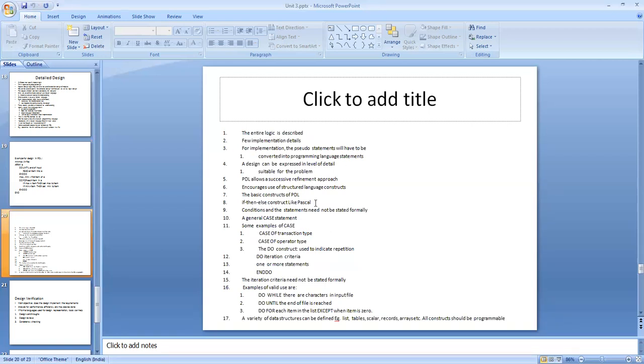If then else condition. It has its own switch statement. It has its own do while condition, and the purpose and meaning are similar to that of any structured language. Do while, repeat, for loop, everything is there. The purpose and meaning is similar to any other structured language.